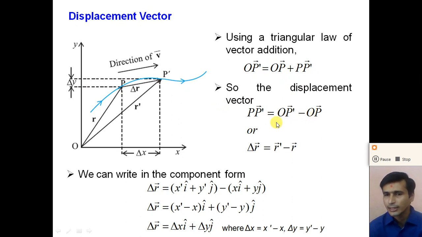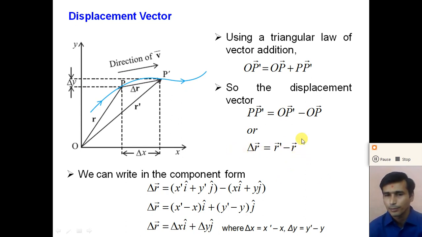That is, the final position vector minus the initial position vector, or the displacement vector, can be represented by vector delta r. So vector delta r is equal to the final position vector r' minus r, right? So understand, dear student, what the displacement vector is, and the velocity is in the direction of the displacement vector, which we will see later on, right? So how can we calculate the component form of the displacement vector?